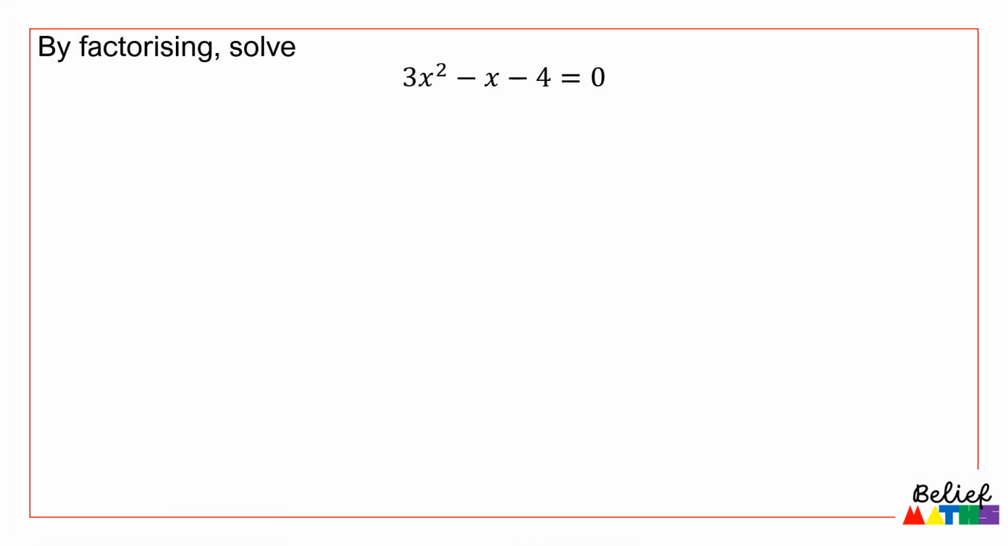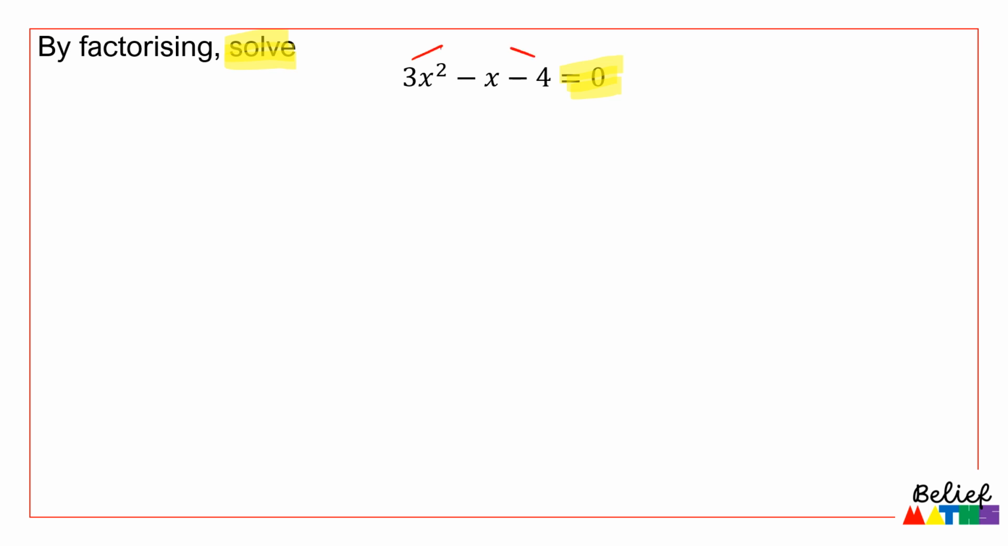In this question, we're asked a slightly different question. It says by factorizing, it asks us to solve our quadratic. And what you'll also notice is that our quadratic is equal to 0. Now, any time that we solve a quadratic, we must make it equal to 0 to allow us to solve it. So we're going to start this question in the same way we did the other ones, which is by